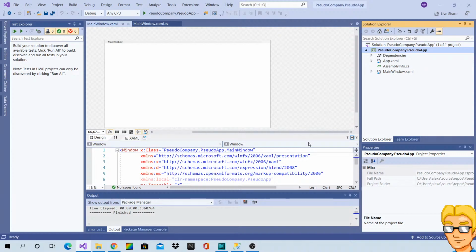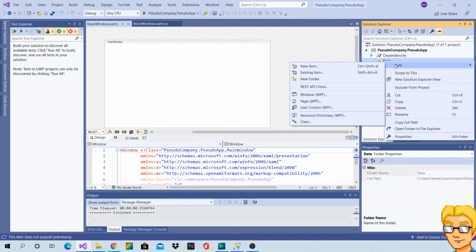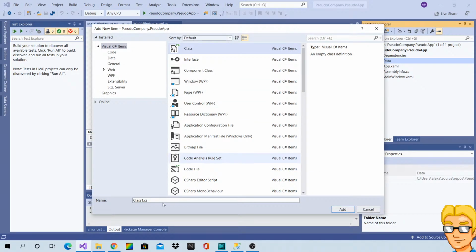So I'm just going to start right away and add a folder here. Usually I structure my application in multiple assemblies in a way that makes sense. But for this very simple example, I'm not going to do that, because that's not the point of the video. So I'm just going to add a namespace here, named data. I can really tell that my laptop is quite busy rendering the video, but it'll have to do. So I'm going to add a new class, a POCO class for the customer data.